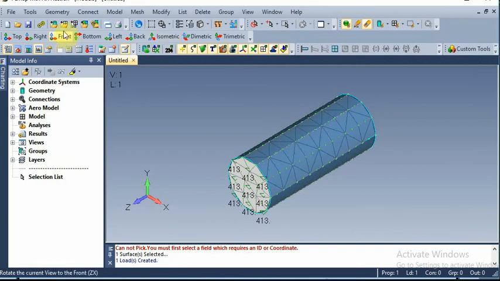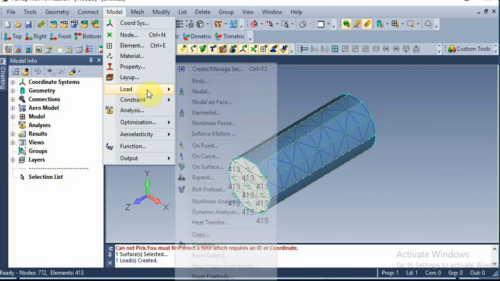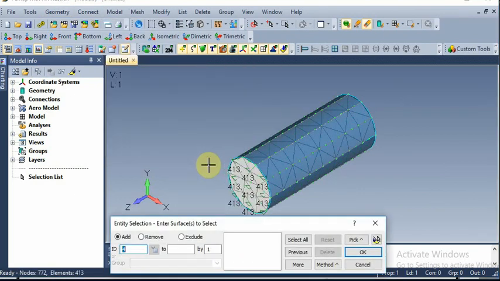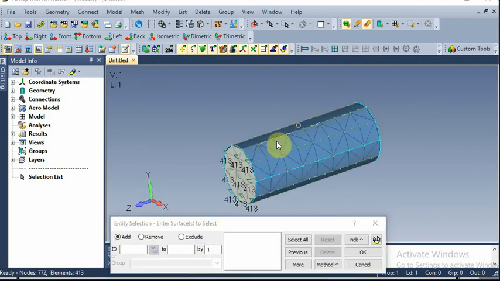Again, model, load on surface. You have to select the two lateral surfaces. One is here and the other one is. So the first lateral surface is this one. Next is the bottom one. Okay, give OK.